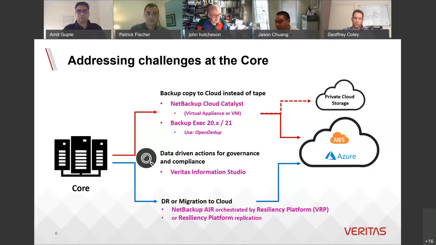So Veritas Information Studio can help you there by doing a scan on that data, telling you what redundant, obsolete, trivial data you might want to not move. You could also run a compliance scan or a classification scan on some of the data sets, say file servers or NAS devices, and look at potentially things like Privacy Act, any privacy data, personal identifiable information, before you push it up into cloud.